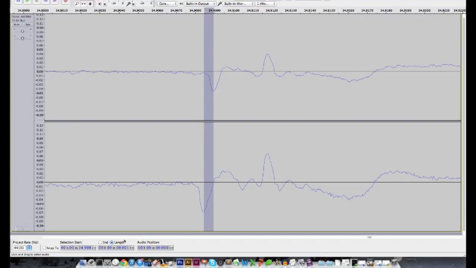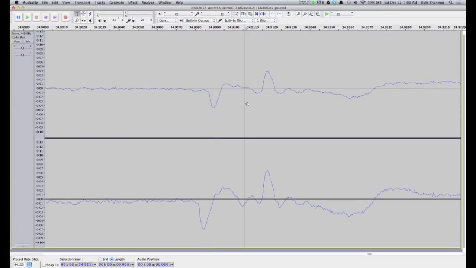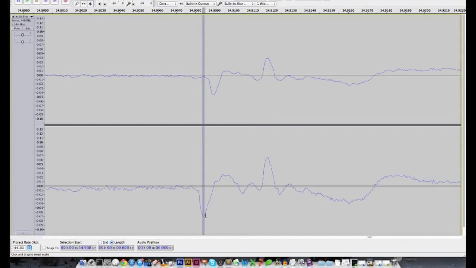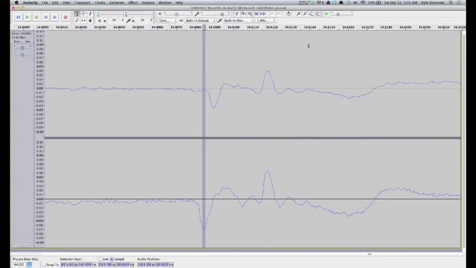But are we really happy with the measurement of 1 millisecond? Can we get a more accurate measurement? What if we try to zoom in on each dip and get a precise time for each electrode? We can then subtract electrode 1's time from electrode 2's time for a more precise measurement. Go ahead and zoom in on the first electrode